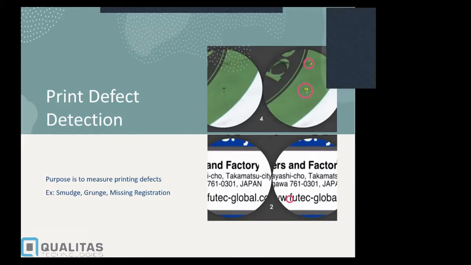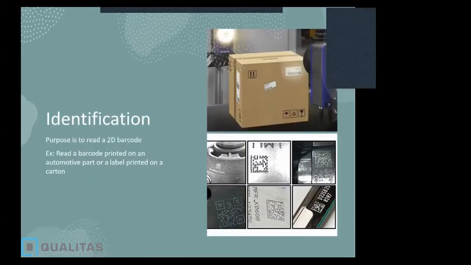Now, printing defects is actually a very complex application, mainly because the pattern of printing varies quite a bit. So it's not always the same printing pattern or image or template that you're trying to identify. And typically, the labels keep varying, right? You may be doing a lot of different printing jobs for different customers. And so you want to train the system to look for defects across all these different variants. That's why print defects is a little bit of a more complex kind of application and requires a specialized approach, right?